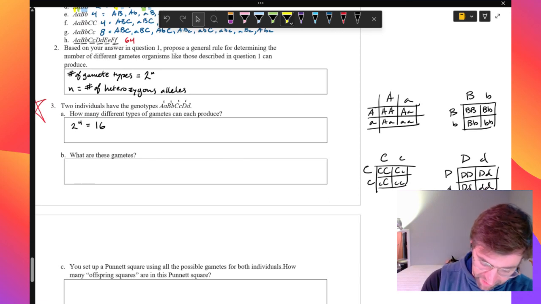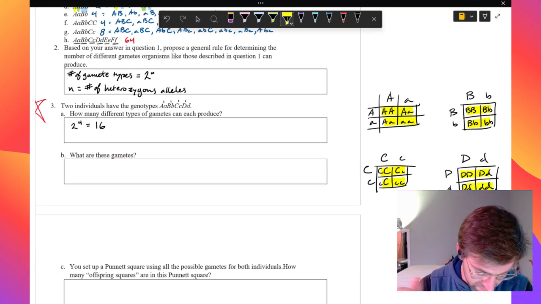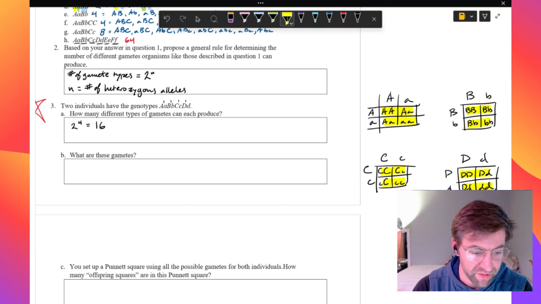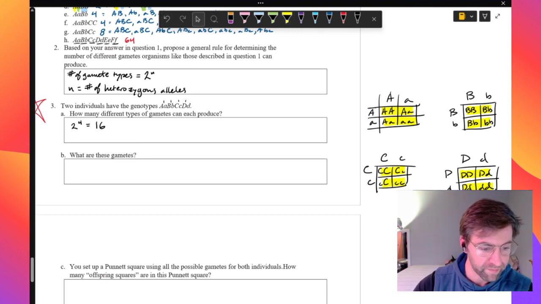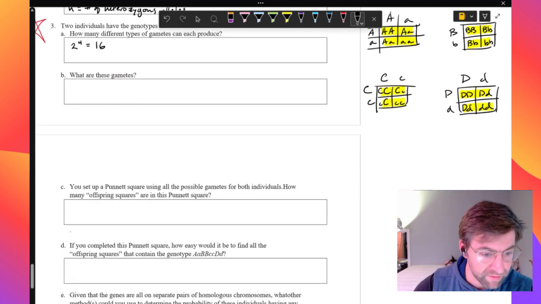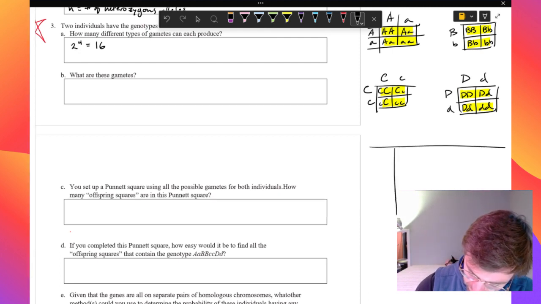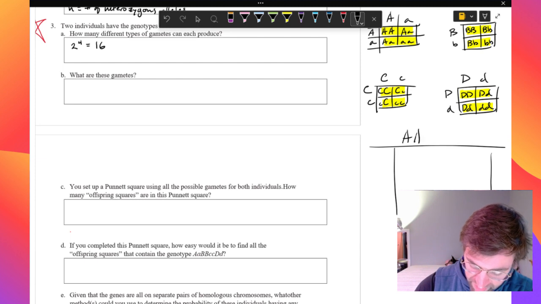So those are your gametes. Everything inside the box, I'm not going to rewrite these. Everything inside your Punnett square is a possible genotype for these gametes. And then of course you would combine all of those. So you could make an even bigger Punnett square where you're crossing your AAs